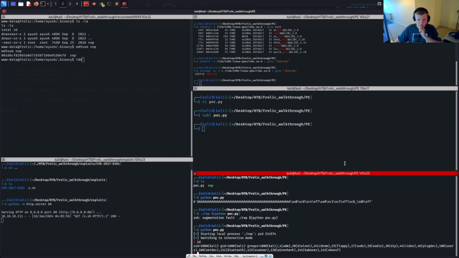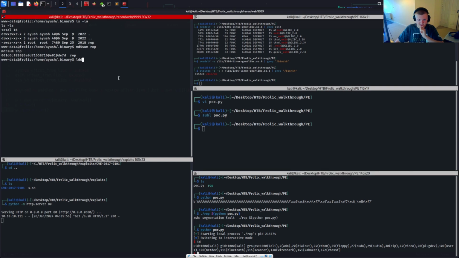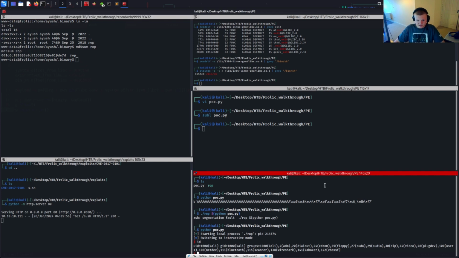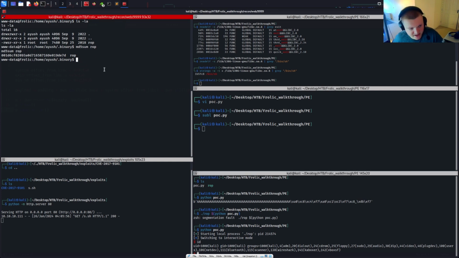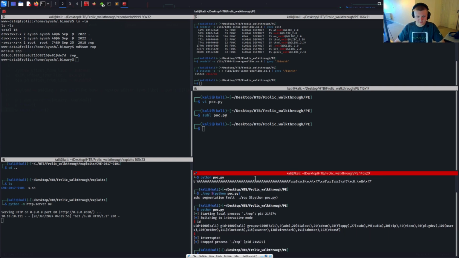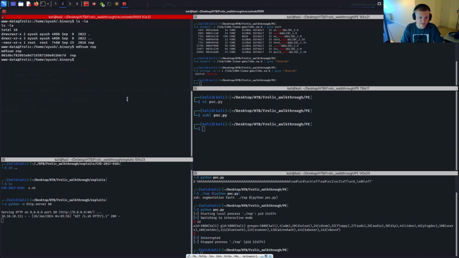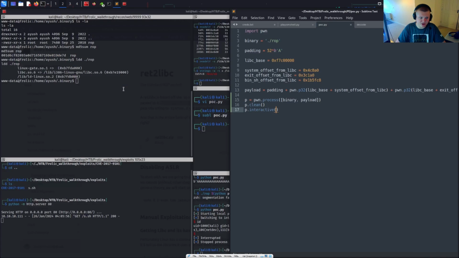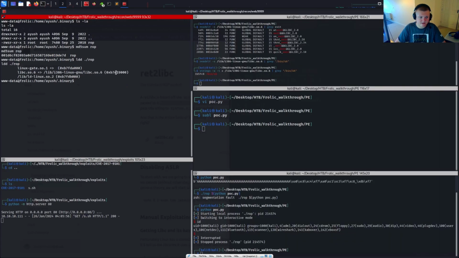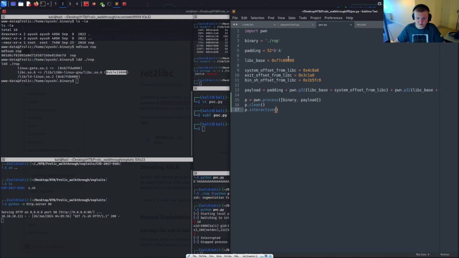This does work, so it's something about supplying it like that which doesn't, which is a bit strange, because that's what I did up here. But let's adjust this, and we'll just give it a go up here and see if we can get it to work. If you look, for example, if we go ldd for rop, the values are different, so I'm going to have to basically adjust it for this. In this case, the libc base is going to be this,